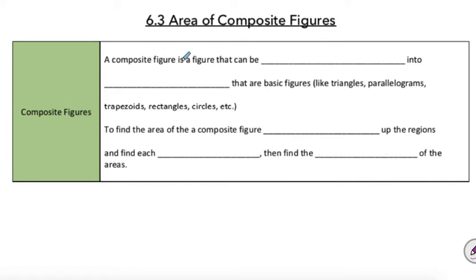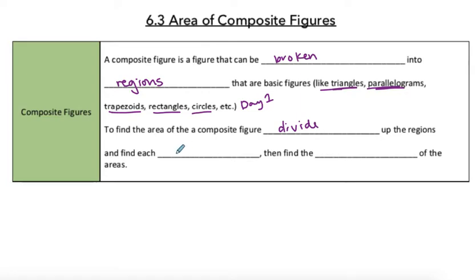considered to be a composite figure is any figure that can be broken into regions that are basic figures, like our triangle, parallelogram, trapezoid, rectangles, and circles. Pretty much that day one formula. So to find the area of the composite figure, we divide up the regions